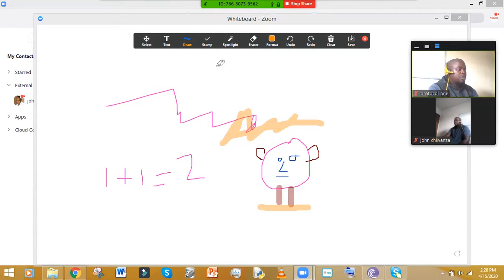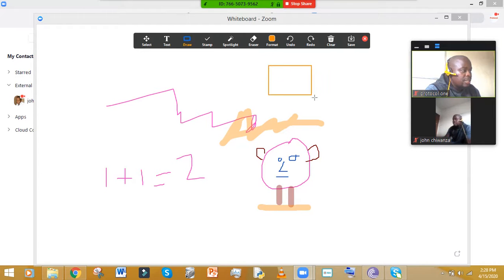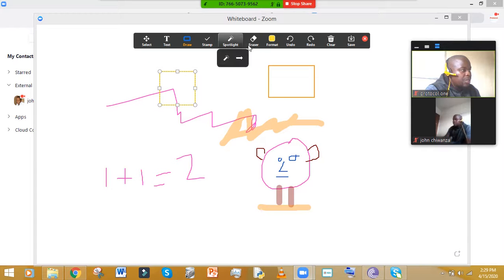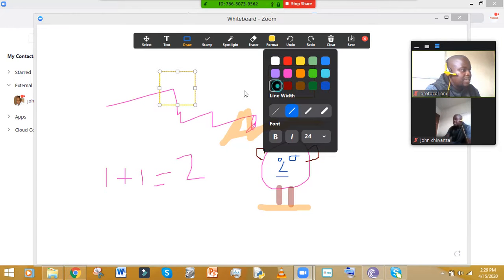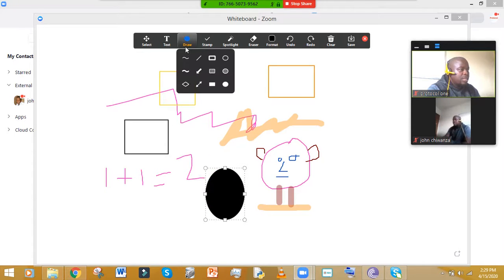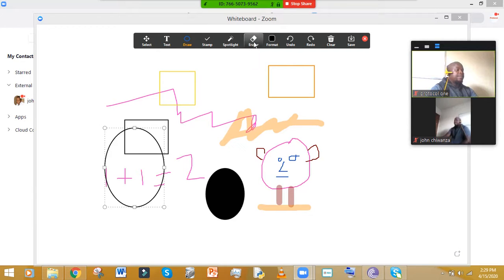So you can do a lot of things with this. And then you also have shapes. Here, this one now, you can also change the color here. So what you can do with this is limitless. Okay, there are no limits to this one. You can also draw circles and empty circles as well, etc. Okay, and then there's an eraser here,